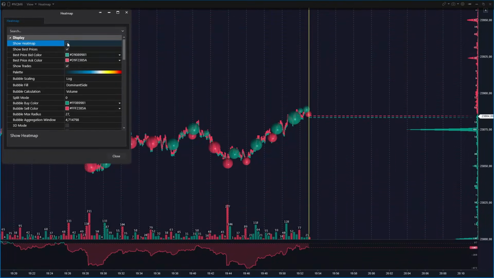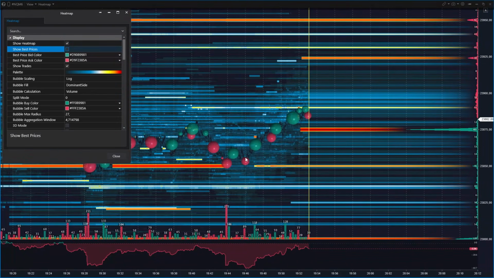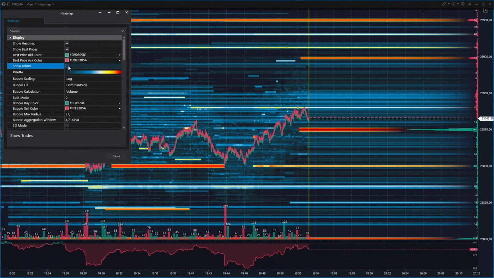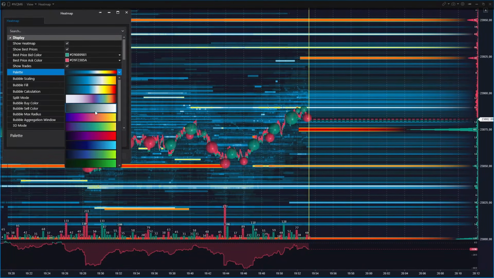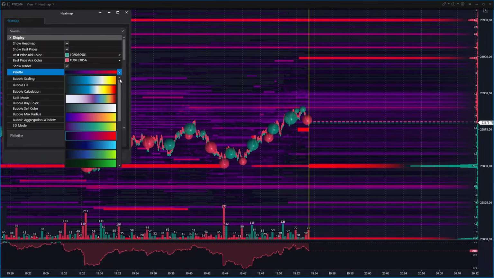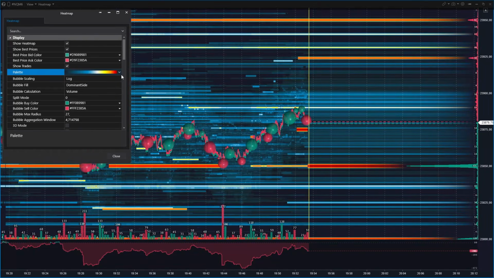And then you can see also here we can tick or untick the heat map, show best price for the bid and ask lines. Then we can also use different colors, show trades, so the bubbles can be disappeared as well. Then we can choose from a huge palette of color combinations. For example, we can use this, which is not really looking eye appealing for me. This also not really good for me. I like the standard,